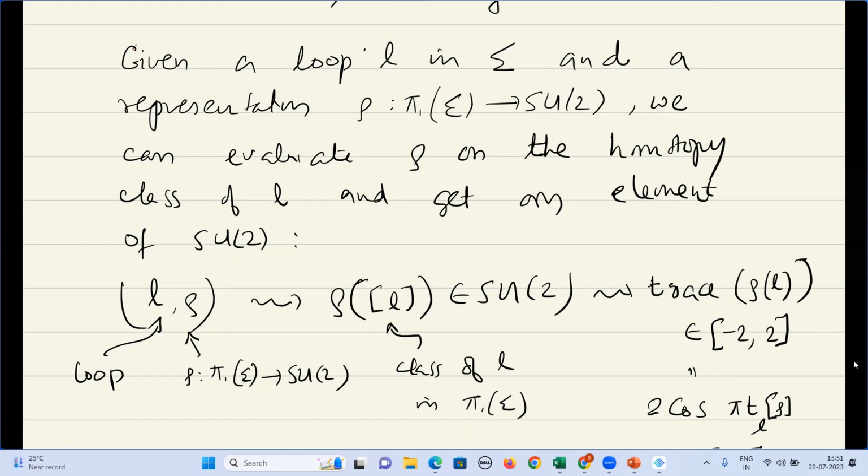So to find interesting families of functions, remember, I want to get 3 times g minus 1 functions. So I must find non-homotopic, non-intersecting loops. And somewhat magically, these correspond to boundary circles of what are called pants decomposition. So I will not